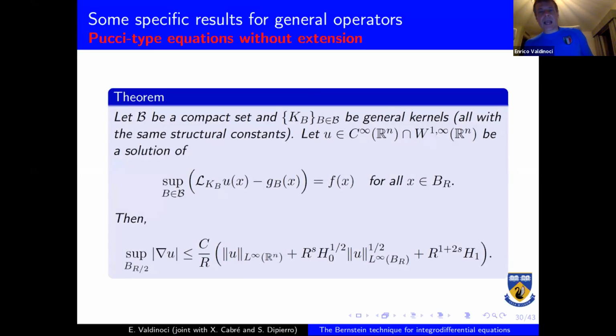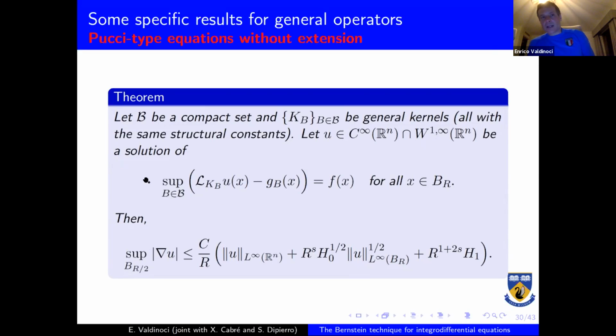And the counterpart of the estimate for the maximal operators, so for the Pucci type equations without extension, so for general kernel, is the following. So suppose that you have a Pucci type operator. This is similar to the one we discussed before, but here it's built not from the fractional Laplacian or from an affine transformation of the fractional Laplacian, but it's built by families of general integral kernels. So you have this